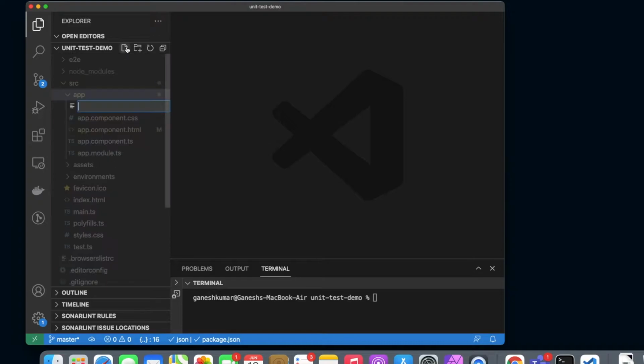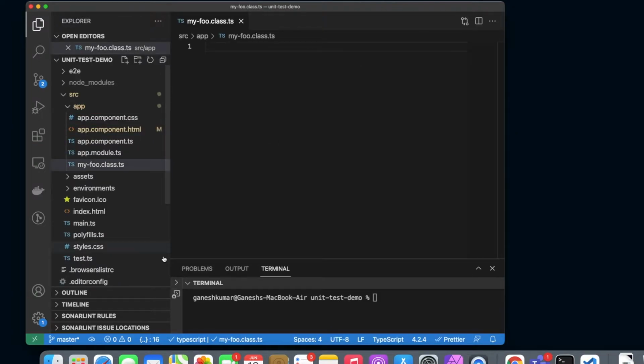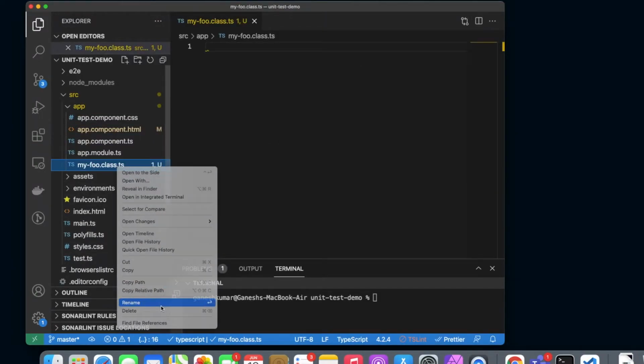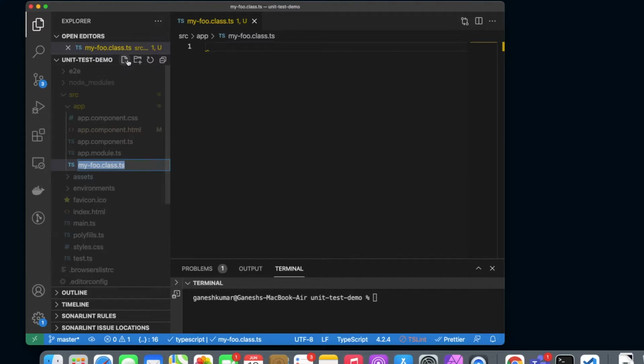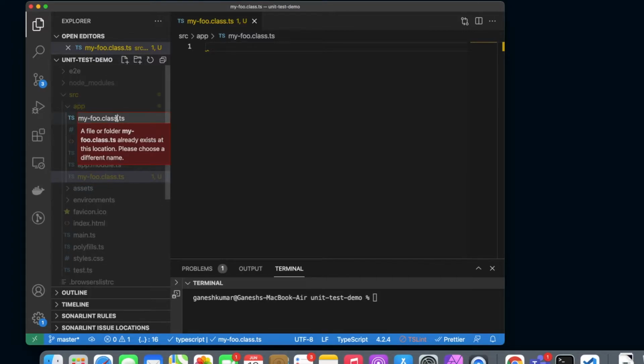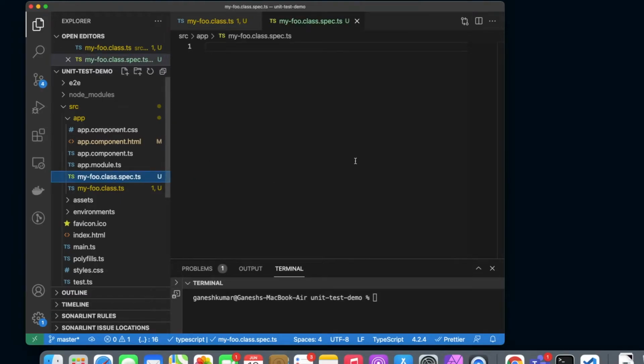So let me first simply create a class called my-foo.class.ts, and for the same file I'm going to create a spec.ts file that is going to consist of test cases.